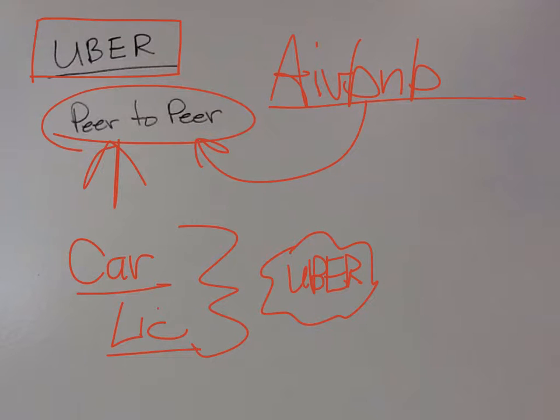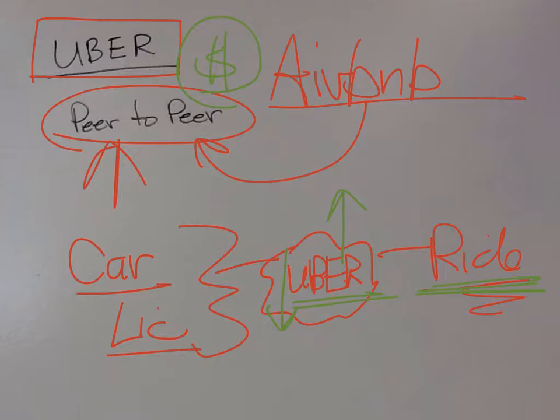Here's Uber on the internet, and then we have somebody who wants a ride. Uber makes the connection. Now the big thing about this is how they charge. During busy times, the rate goes up, and the rider is willing to pay more to get a ride during a busy time. When it's not as busy, the rate goes down. They make more money during busy times. Riders, they get what they need. They get a ride during busy time. Otherwise, there wouldn't be enough drivers there, let's say, on a typical taxi.